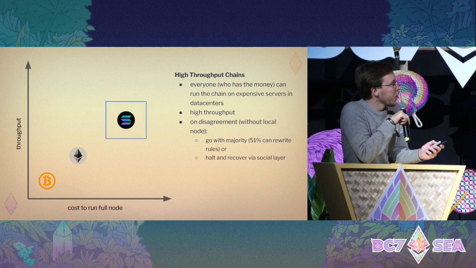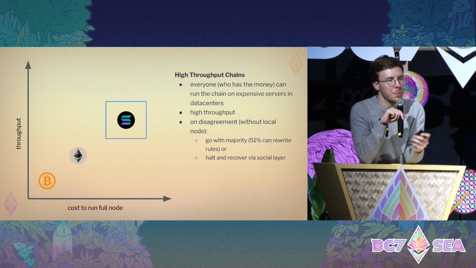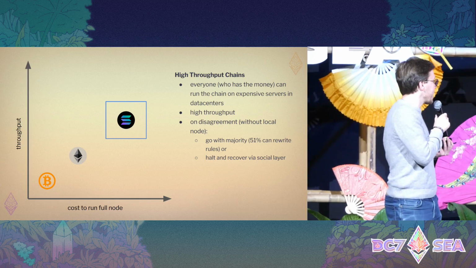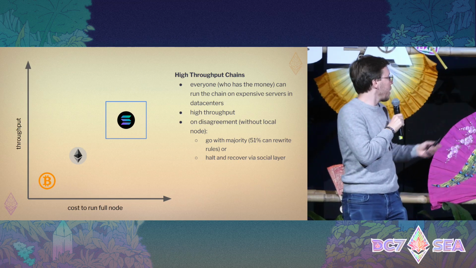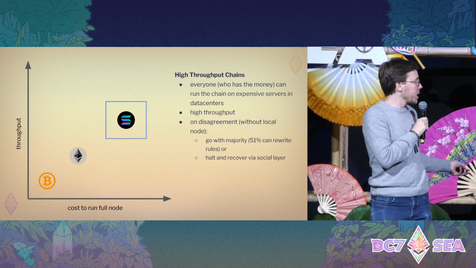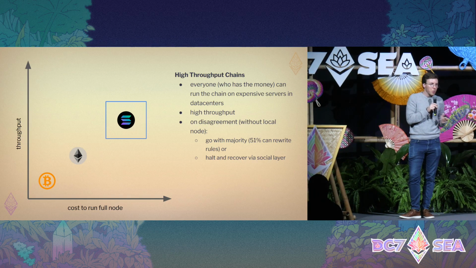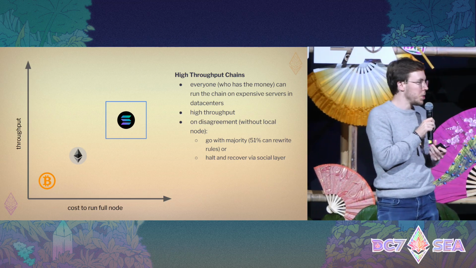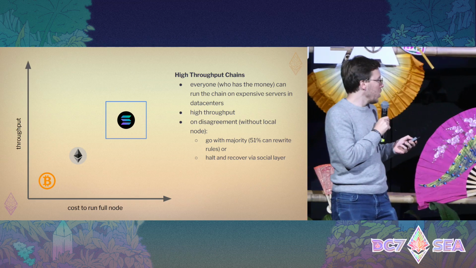And then there is the approach of just going further up the diagonal, with Solana as an example of chains that basically say, okay, we want higher throughput, and how do we get there? We go up and accept that it is now harder to run a full node, but we get more throughput. The trade-off is that you now need quite a beefy machine to still trustlessly participate. Otherwise, you have to trust the majority of nodes.